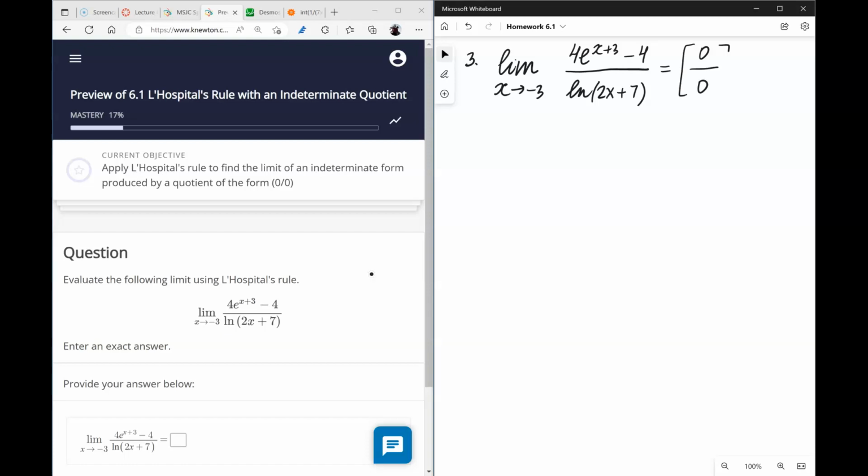So in this case we have a 0 over 0 type of indeterminate form, so we can use L'Hopital's rule, and according to L'Hopital's rule,